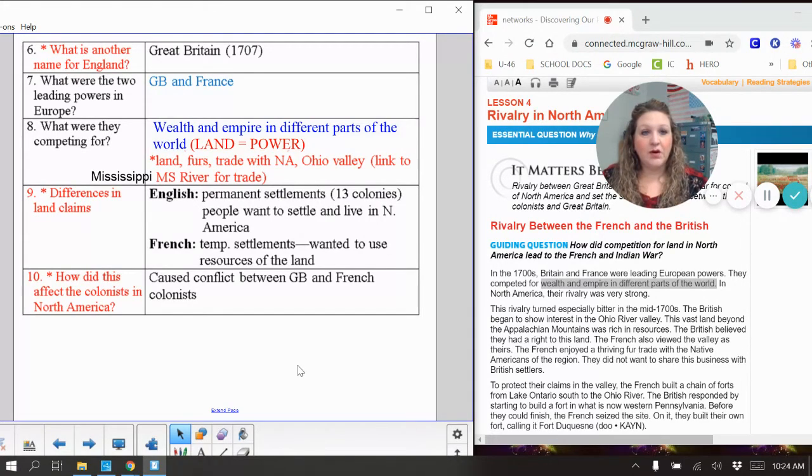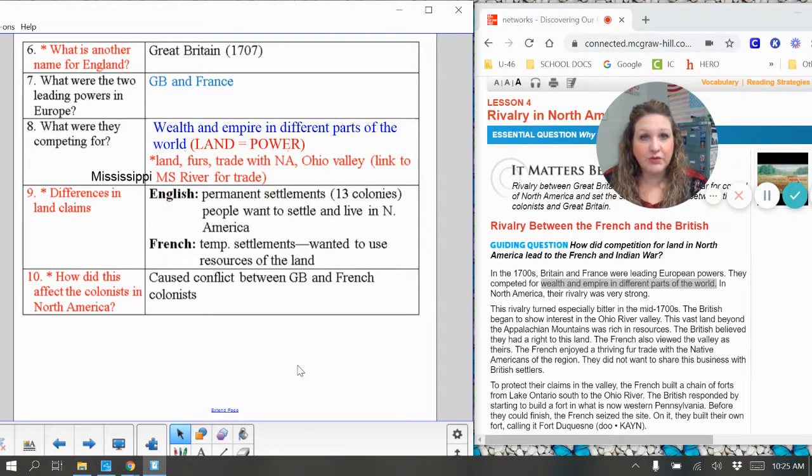I'm going to leave that there for a moment. So we are going to pause here. We're not through with this section. You should notice there on your notes that lesson 4 is actually fairly long of a lesson. So I'm going to be breaking it up into more pieces. So we're going to pause there for today. Make sure that this is saved in your Google Drive where you know where it is, because you are going to need to come back to it tomorrow so that we can continue to add information to it. Okay.